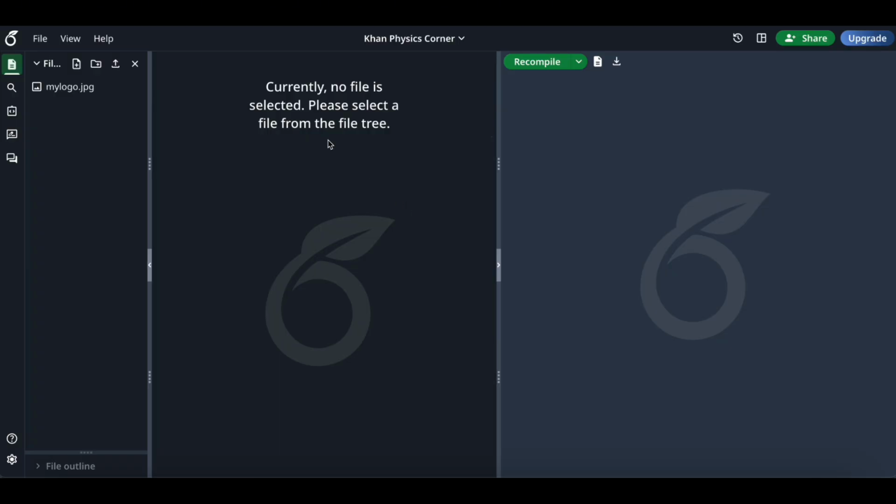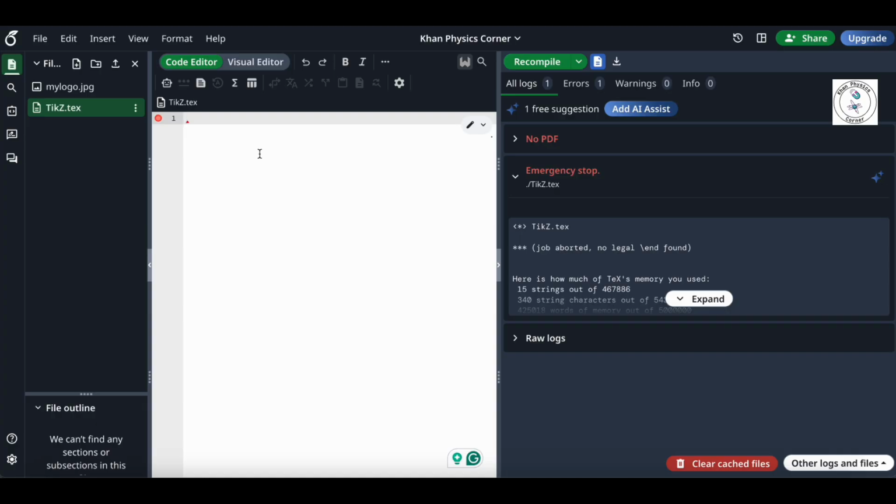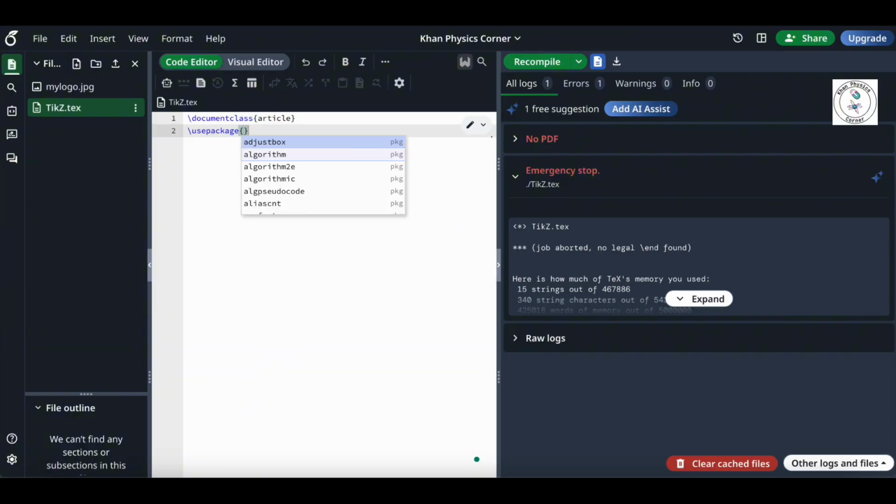Today we are going to learn how we can put figures, like 4 figures, correctly in LaTeX or Overleaf using TikZ. So first of all, we will write document class article. It's a blank article. So here we use package graphics because we are going to put figures, and then we are going to use TikZ,